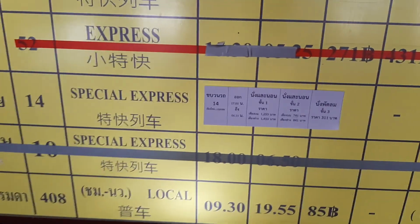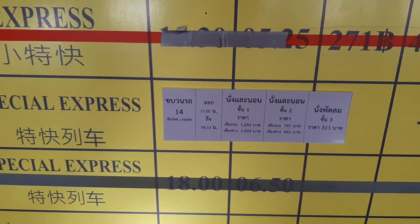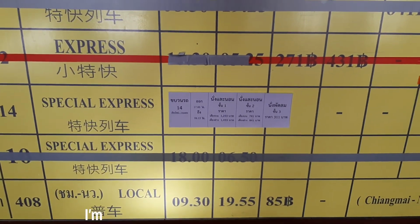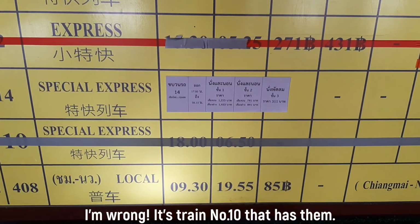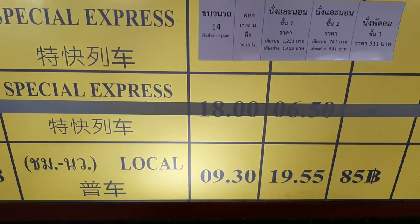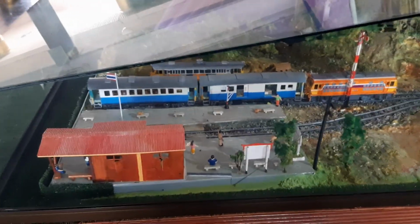This is the special express that runs overnight to Bangkok, train number 14. I think that's the one that's got the new or newish Chinese carriages. And there was meant to be one at 6 o'clock, but it looks like it's not running. They've actually got a model